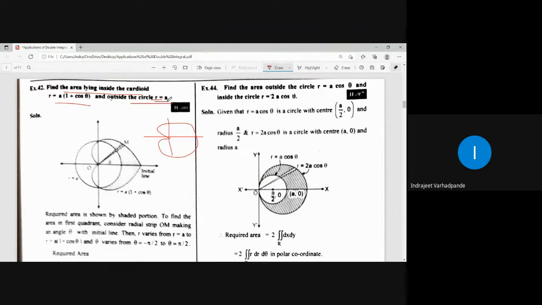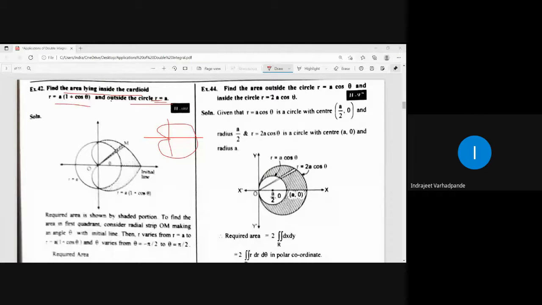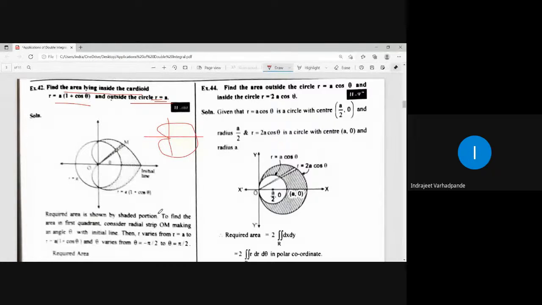One of the patterns of a circle we have also seen earlier. r is equal to 2 cos theta, r is equal to 4 cos theta. Whatever is the coefficient of cos theta divided by 2, that gives you the center as well as the radius. Cos theta represents that the circle is displaced from the origin but drawn on the x-axis. If the equation contains sin theta, it is also displaced from the origin but drawn on the y-axis, right? But here there is no presence of cos and sin. This is purely a circle whose center is the origin.